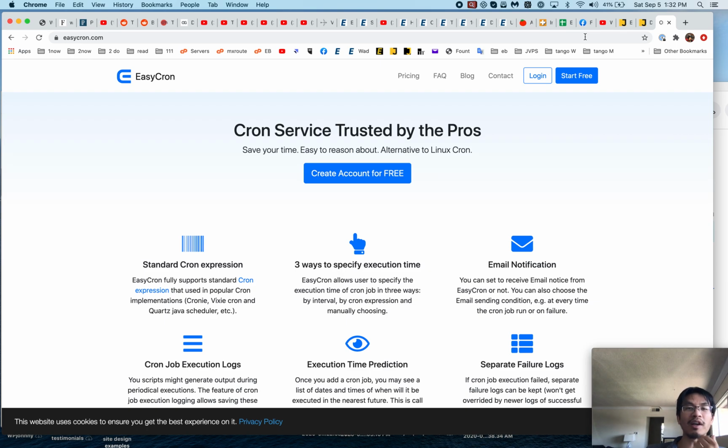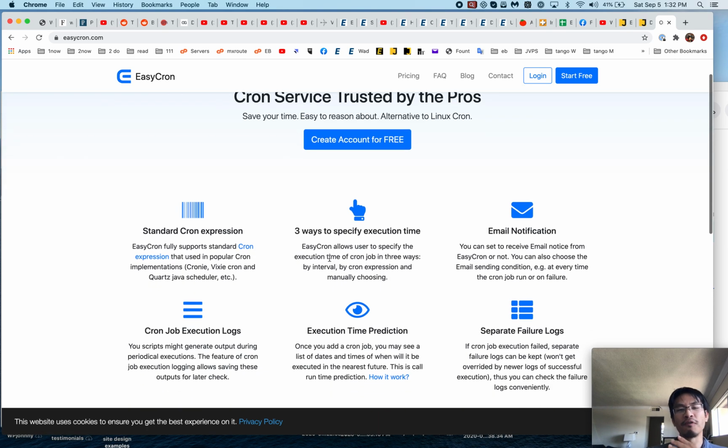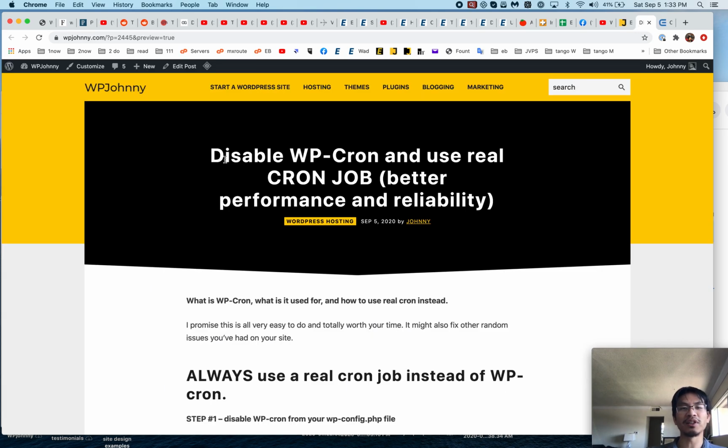And some of them don't even come with cron jobs. If that's the case, you can either A, move to your own server where you have no limitations, or B, use a third-party service like EasyCron, right? Sometimes it'll allow you free up to a certain amount or up to a certain interval, and beyond that, you have to pay. For more explanations, more details, just visit